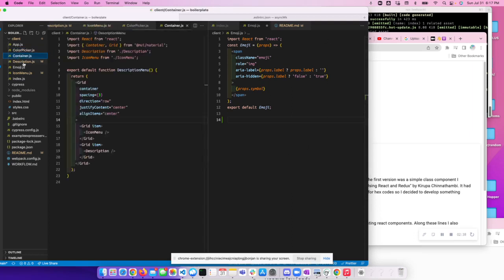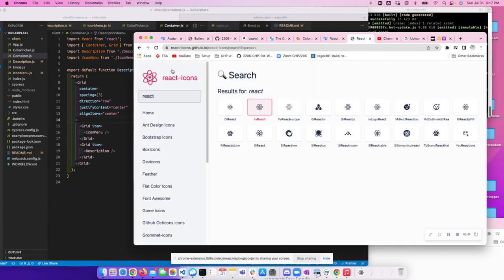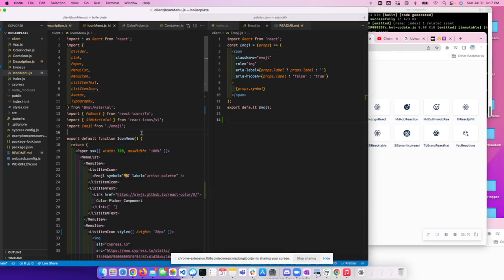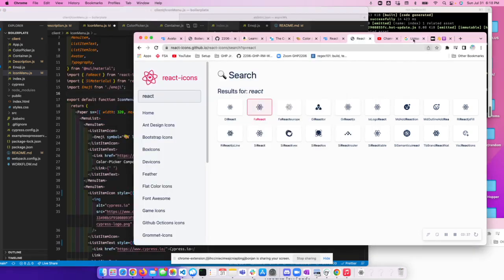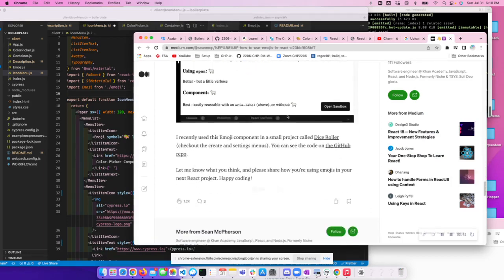I experimented with icons and putting those into a menu. These three are React icons. And just go here, you click it, it copies that to your clipboard, and then you just go in here and you paste that in, import FA React. Thanks to this article and his code,